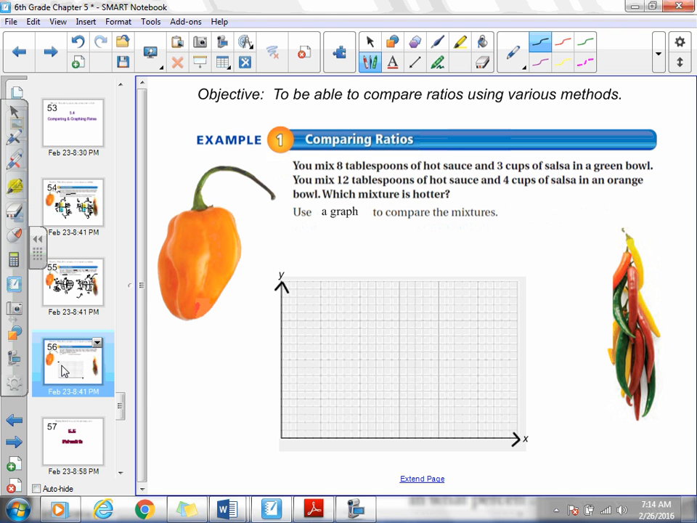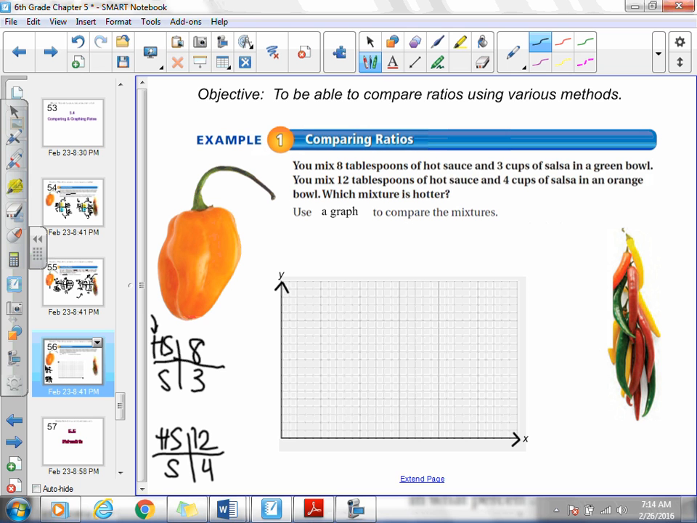All right, last approach. So another way to compare ratios is using a graph. So again, same problem. We've got hot sauce and salsa, and our first recipe is 8 tablespoons to 3 cups, and then our second recipe, hot sauce to salsa, 12 tablespoons to 4 cups. All right, so to graph a ratio,